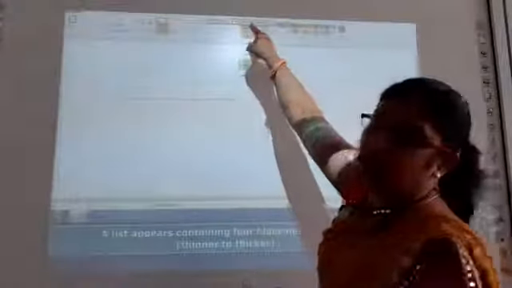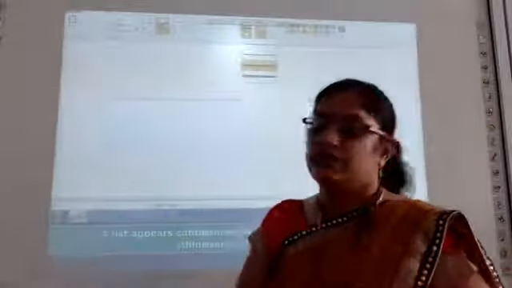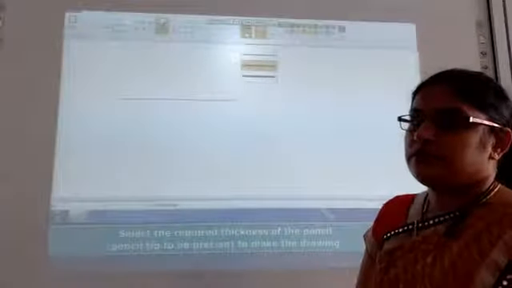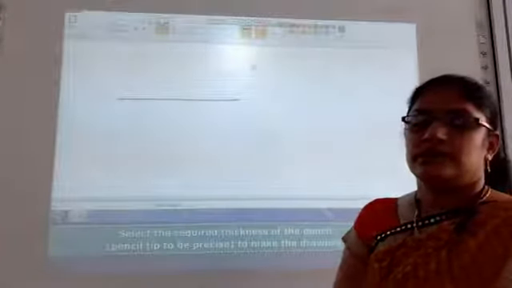Here is the Size button. I will click here, then I can select any of the 4 options, any of the thicknesses I want for making the drawing. Select the required thickness of the pencil tip to make the drawing precise.